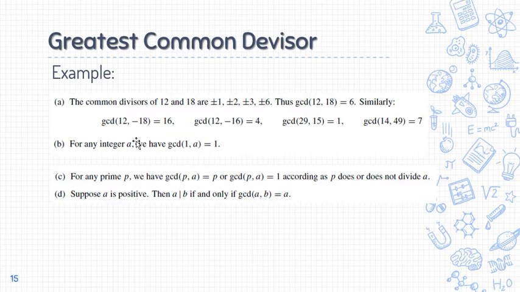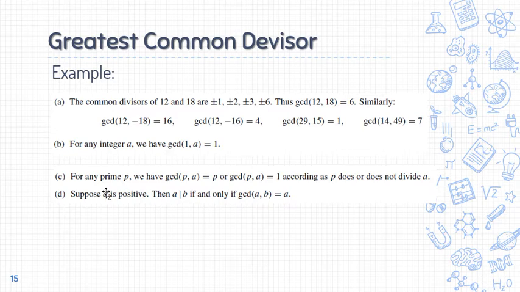And here is another example. For any integer a, if we find a GCD of a 1 paired by any number, wala na gina siya laing GCD kundi 1 ra gyud. Because wala may laing makadivide kang 1, di ba? Nya si a, si unsa nga number is divisible by 1. So, in other words, if ang 1 parisan og any number or any integer, then wala siya laing GCD kundi 1.